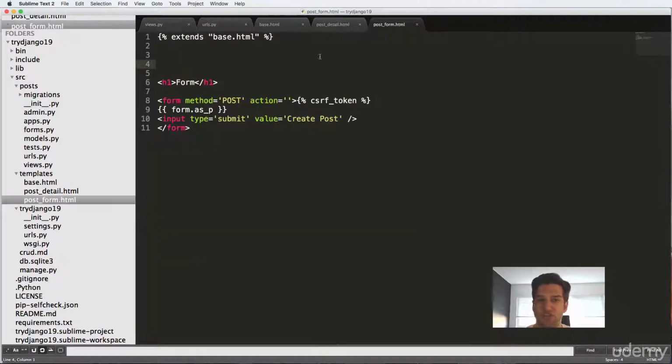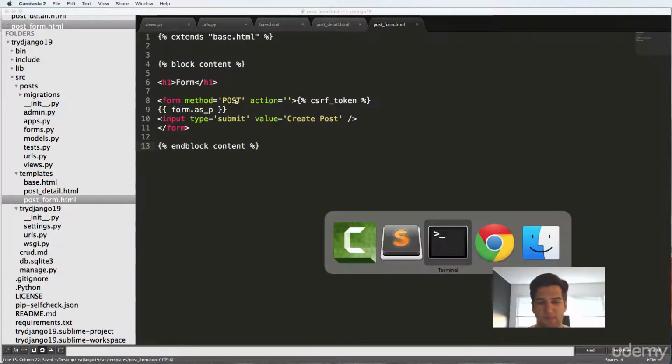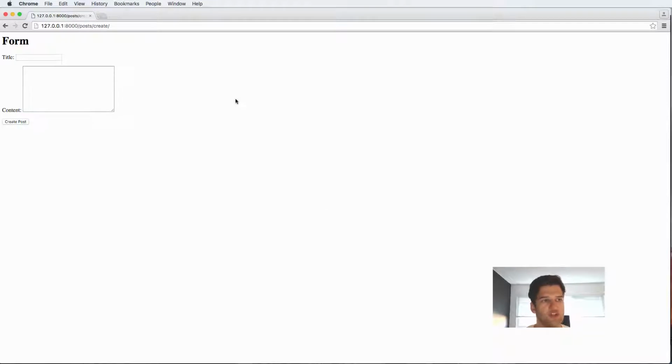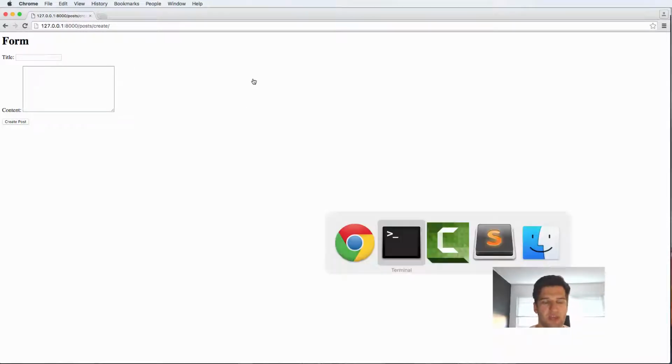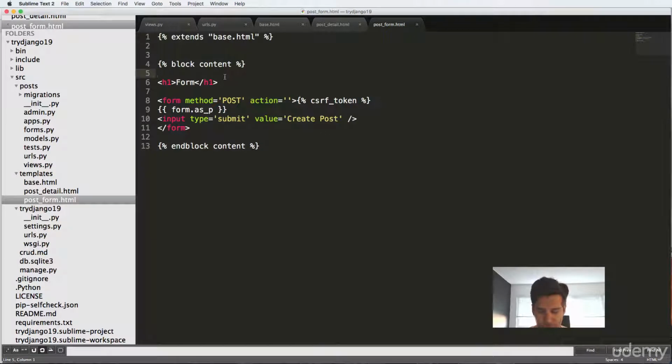So in order for us to change the content, we have to use those blocks again. So block content and in block content. And if I save that and refresh that page, the form is now rendered once again. And I can also do